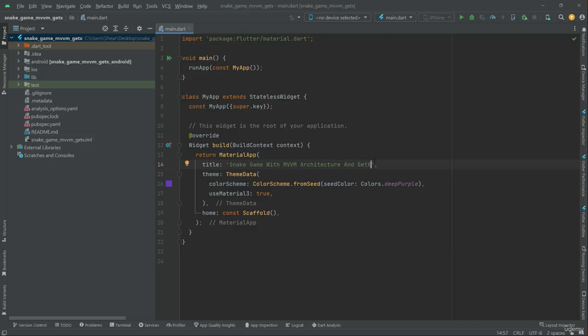Okay, so we will create this specific game, snake game, with MVVM architecture with GetX, and each and everything will